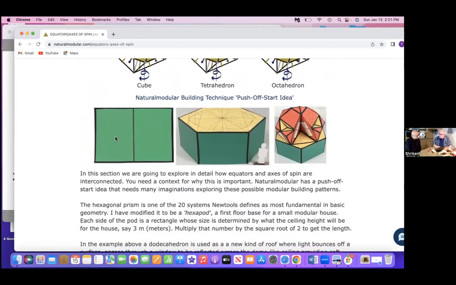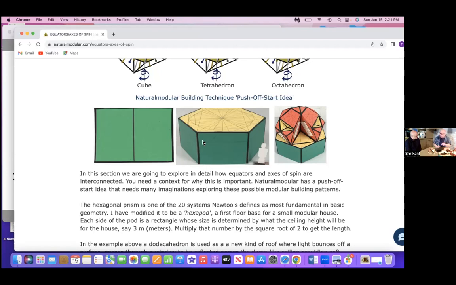And the reason that the equators are so important, if you're going to do some modular design, is the hexapod that I came up with, this modular wall system for the first floor. And so then you can do these dome-like situations. That the two things that